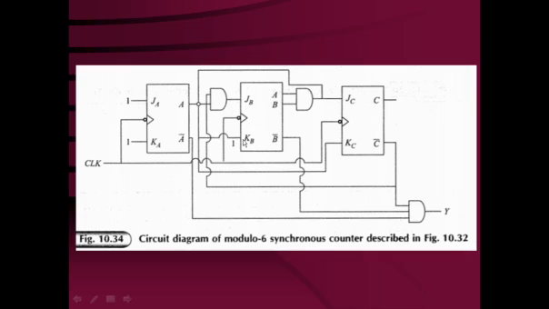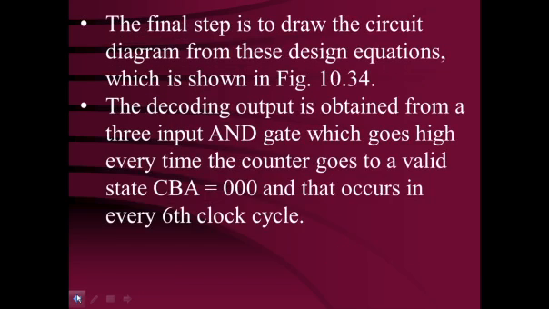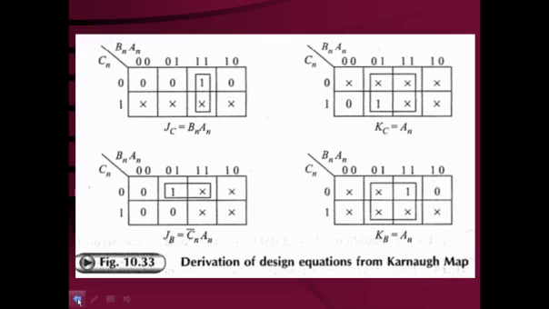What was the input required for the KB? The input required for the KB was An. So one of the inputs An is connected to the KB. That way the flip-flop B circuit is also finalized. What is the requirement for the flip-flop C? That again you can see from the equations. The equations you have obtained, accordingly you have to draw the circuits.